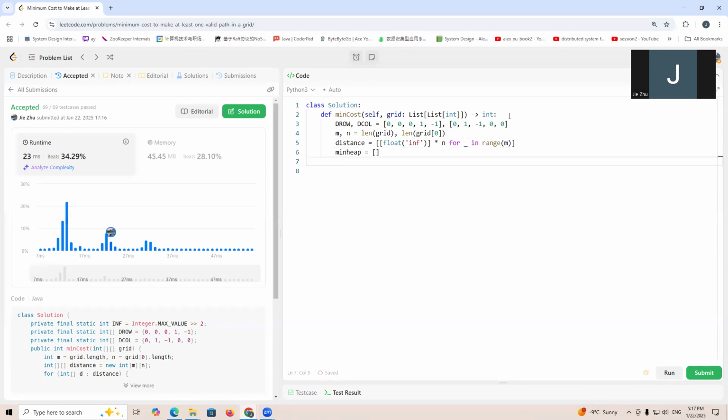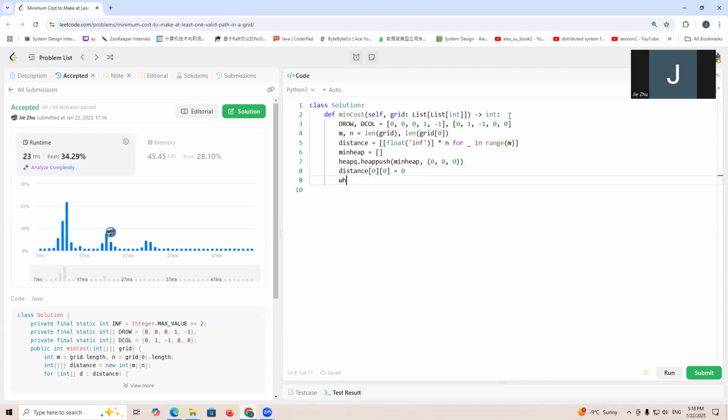So min heap, that is heapq, right? heapq dot heappush min heap there. We need to have the top left and the positive cell, and we have distance. I already set this value as 0. So let's say while this min heap is not empty, we're going to have